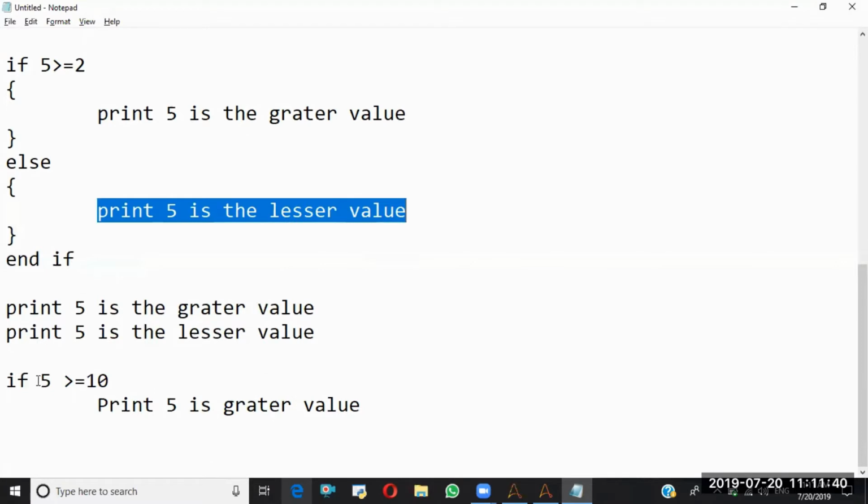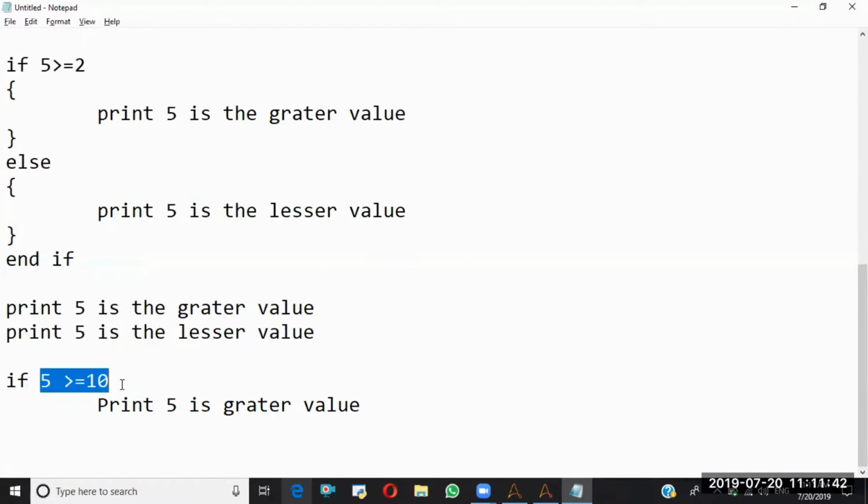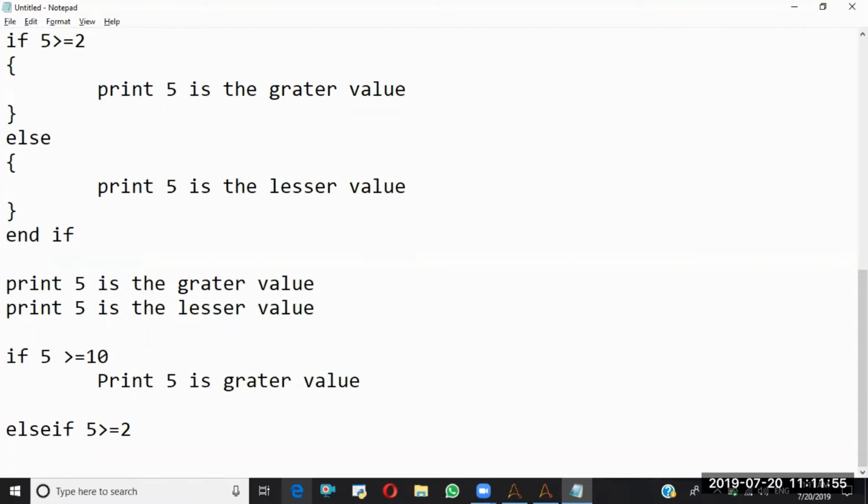But in this scenario, if this statement is false, then I want to check one more statement. What is that one? Else if 5 is greater than or equal to 2. This time print 2 is lesser value.